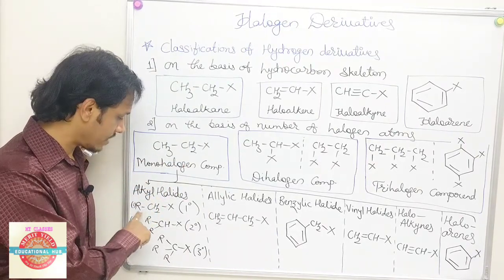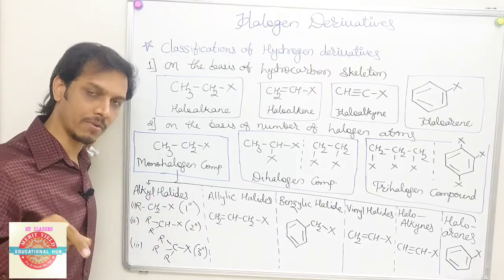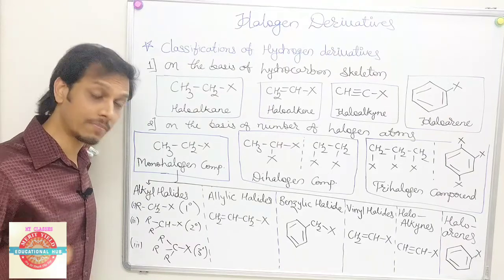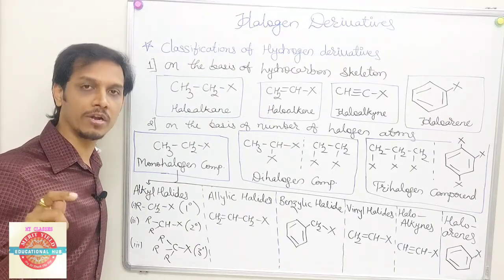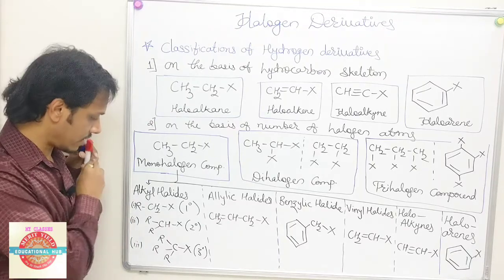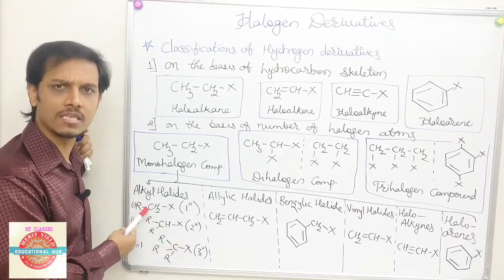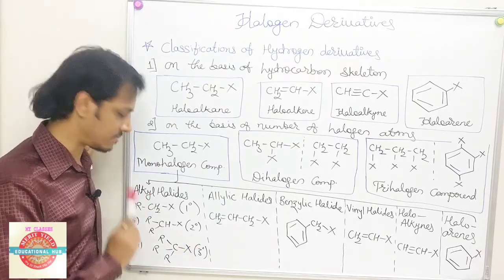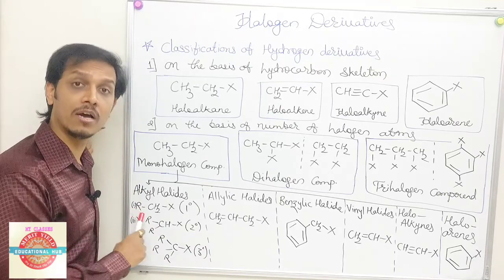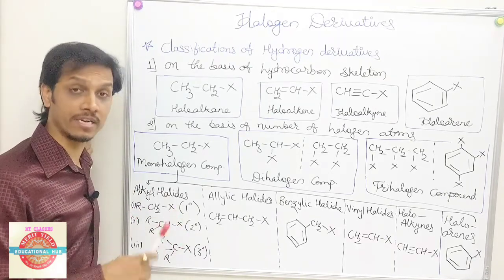First type, primary alkyl halides, means a halogen is bonded to such a carbon atom which is a primary carbon atom. Now what is primary carbon atom? Primary carbon atom is nothing but a carbon which is bonded to only one carbon atom. You can see here. So this is C which is bonded to R. R stands for alkyl. Alkyl is nothing but like CH3, C2H5, C3H7. All are the alkyl systems. Means ultimately R stands for alkyl part. It can be anything. And X stands for halogen. It can also be anything.